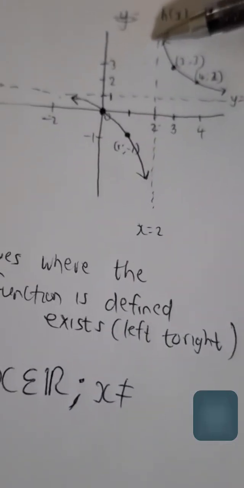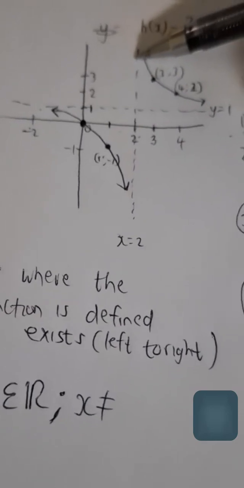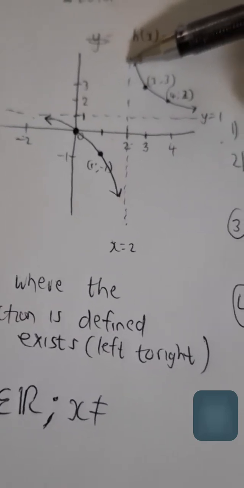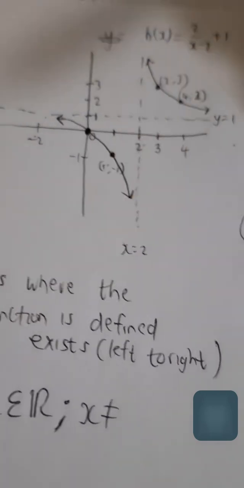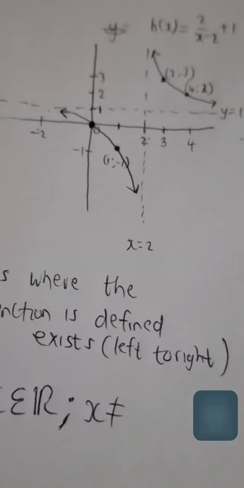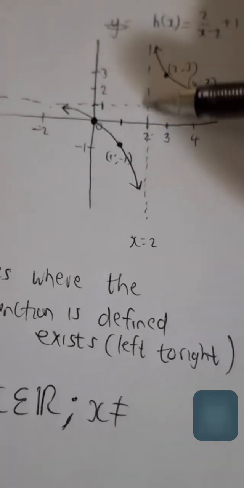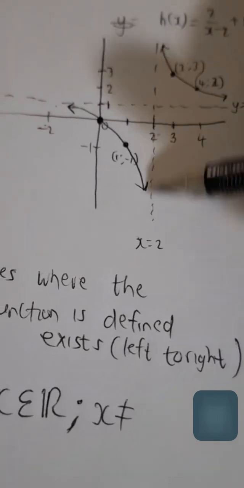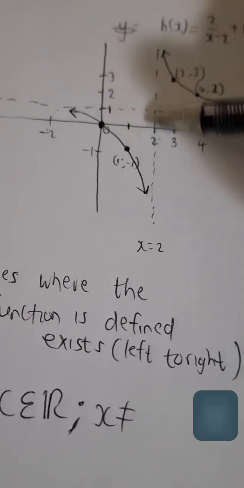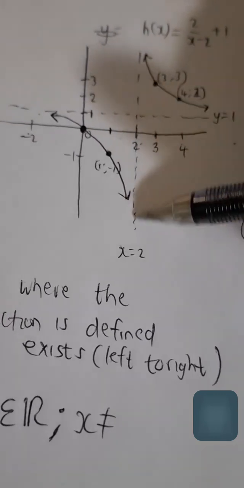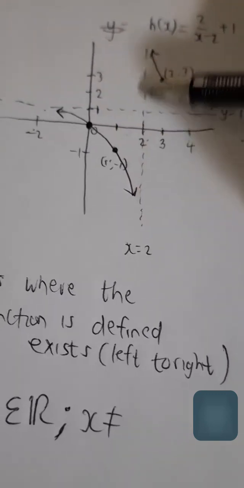Please take note. But x cannot be what? Do you remember what an asymptote is? So for this function, what is the equation of the asymptote? 2. Yes, so the function does not exist where x is equal to 2. The function does not exist on this vertical line. Are you with me? Yes. So therefore, when we write the domain, what we are saying here,